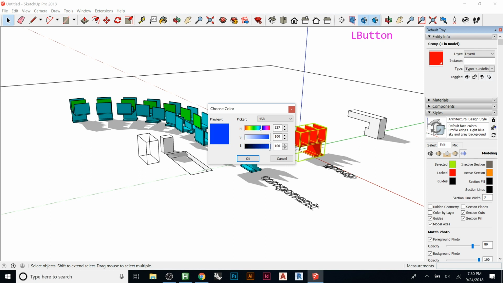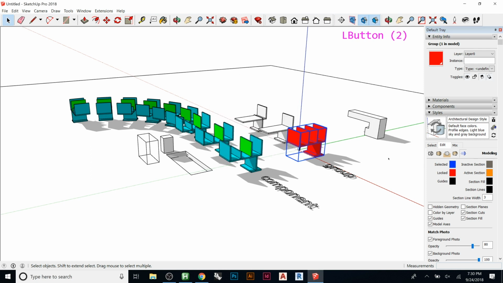Let's see if I can find a blue that looks kind of like the original blue. That's close enough. Guides: if you measure using the tape measure, or use the letter T, you